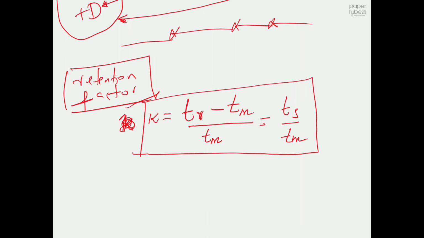So why do we need this value? We know how to get TR, we know how to get TM, we know how to get TS as well. So why do we need this factor? Why do we take a ratio TS by TM? And that's because